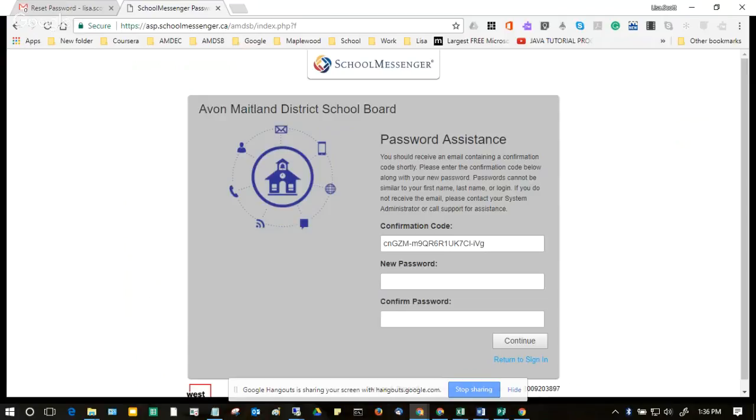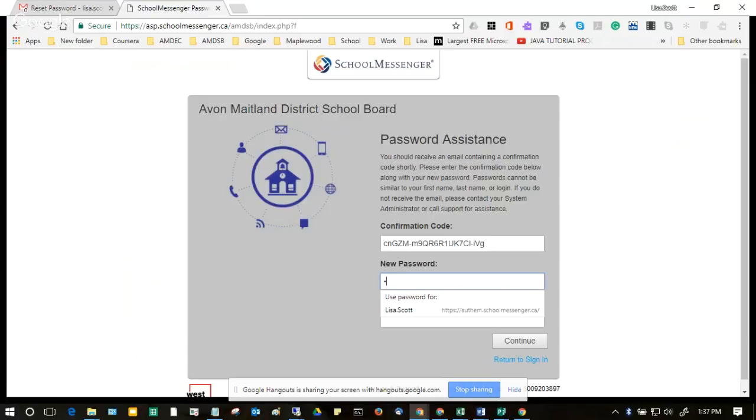I think it's worth noting that when you select your password, it should be a complex password, because this site will contain information and personal data about your students. Although the only restriction with School Messenger is that it needs to be a minimum of 8 characters, it should be a complex password, similar to your Active Directory one. So 8 characters, capital letter, number, special characters, something that makes it a little bit more difficult for people to